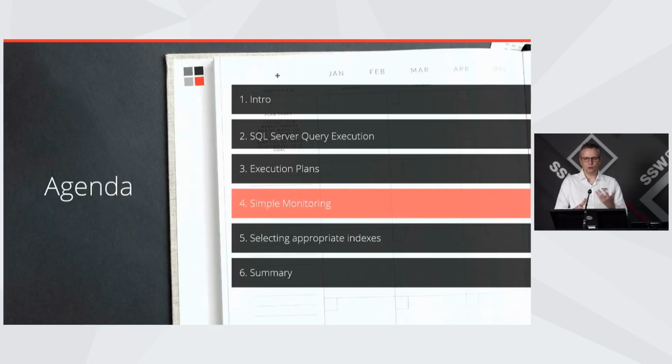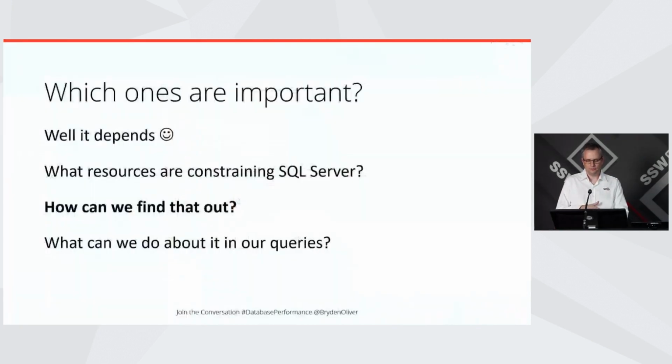Okay, so now we've looked at execution plans. How about finding out what's going on? And the key thing we want to know is which of those statistics is important on our server. And that kind of depends. What you really want to know, before you start searching for particular problems, is what resources are constraining my